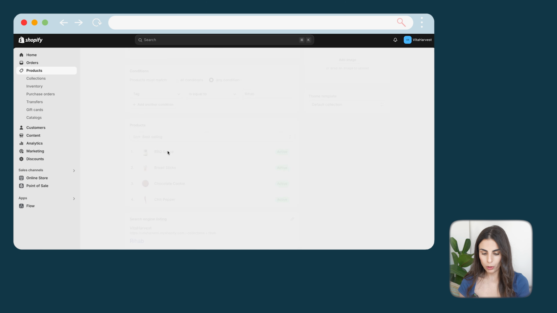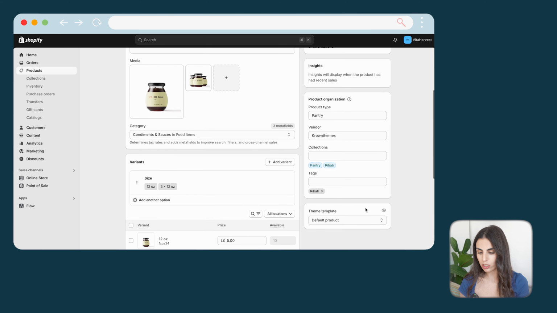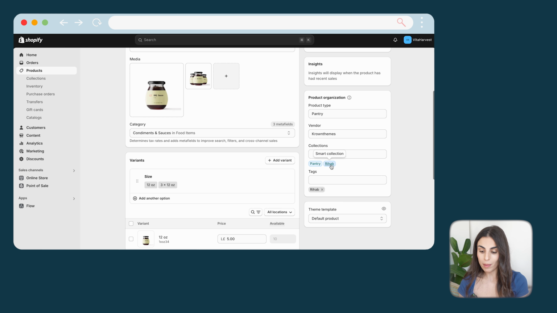And if you go to the product itself, you would see under collections that this product is automatically added to the collection, which is under my name. So in order to assign your products to the collections, again, in my opinion, the easiest way is to use tags. But in case you have done a pretty good job while you are listing your products and you have the product type set correctly and you have the vendor set up correctly,